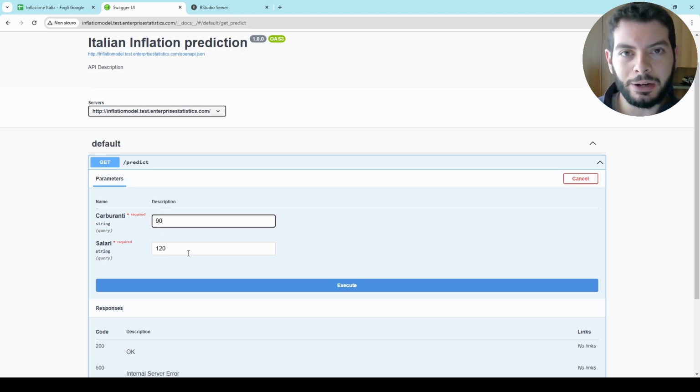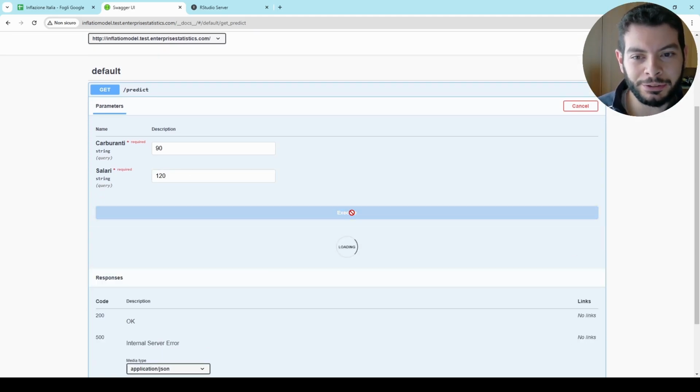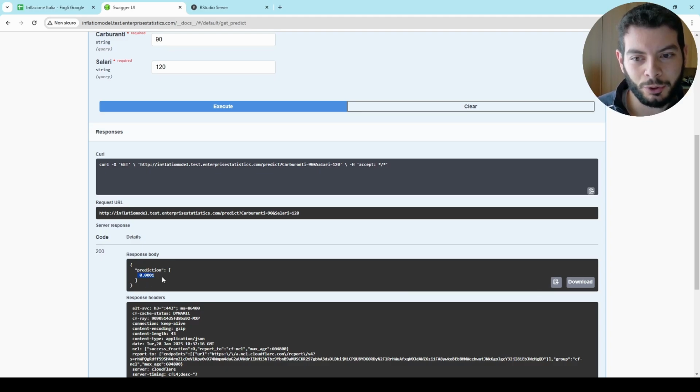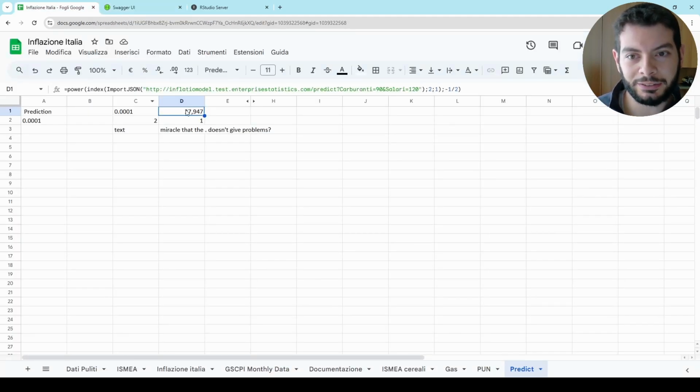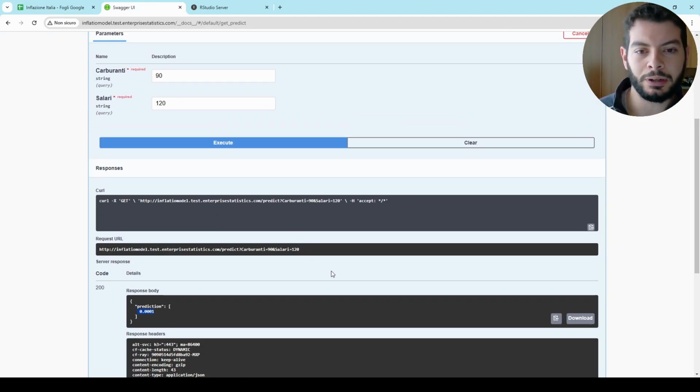So minus and minus at the end should give a value higher than 100. And if we execute it, we see that we get what we got here, that transformed, it is this one. I say transformed because when building the model, I applied a transformation on the inflation value.